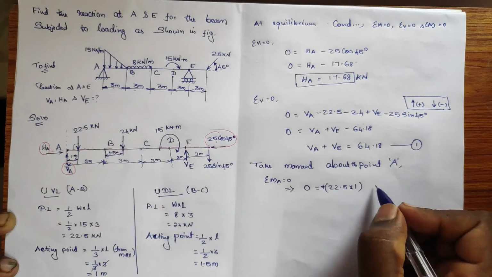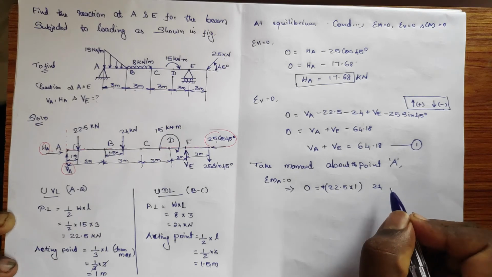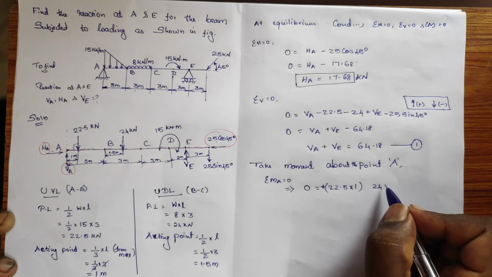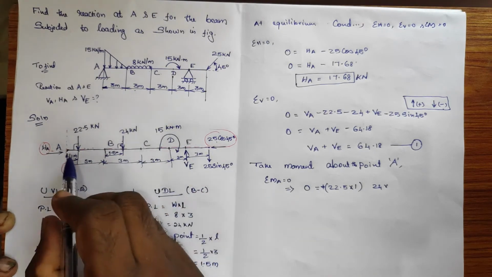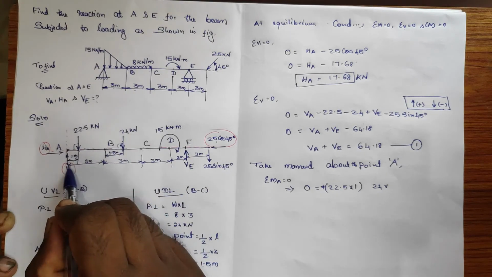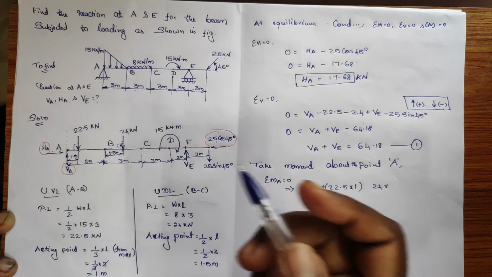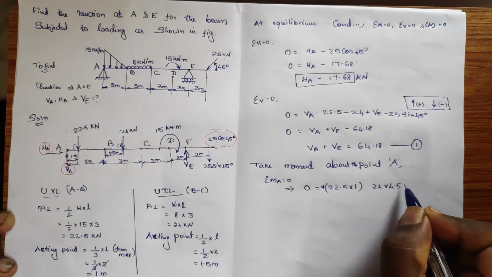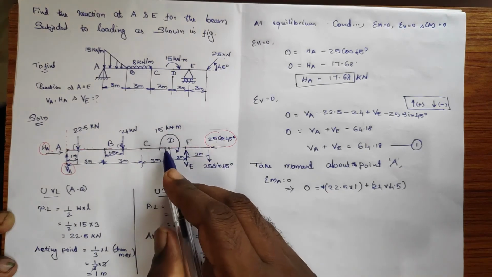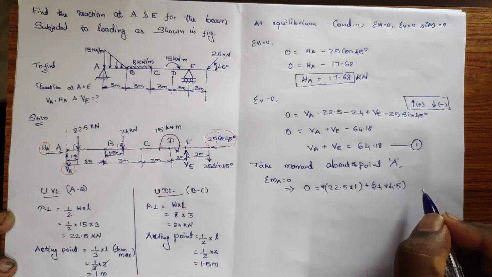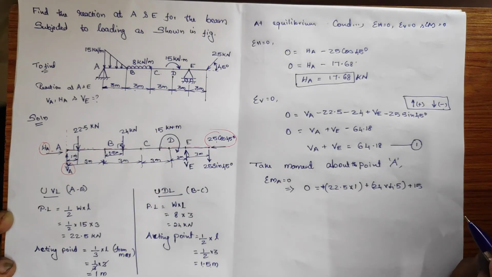And here 24 kilonewton, which is also a downward force, so it will rotate the beam in a similar fashion just like the 22.5 kilonewton. So here the perpendicular distance is from this point to here. Up to this B is 3 meter, and from this to that particular load is 1.5, so 4.5 meter. Similar fashion, clockwise direction, so positive. And then see here we have the moment, so directly we can take that moment which is 15, and it is rotated in the clockwise, so just put plus sign.